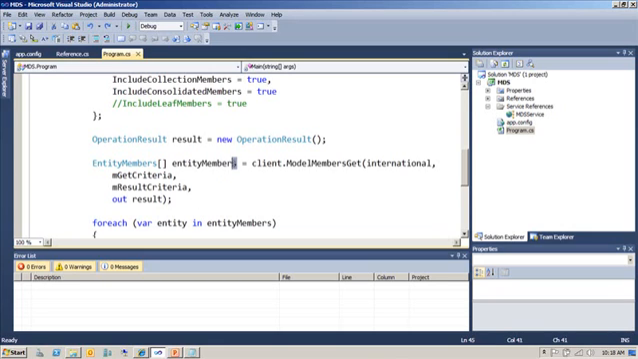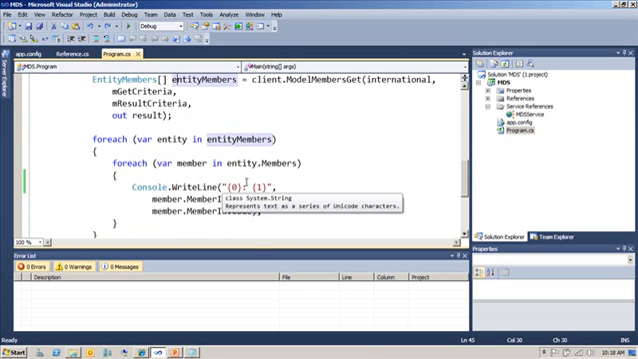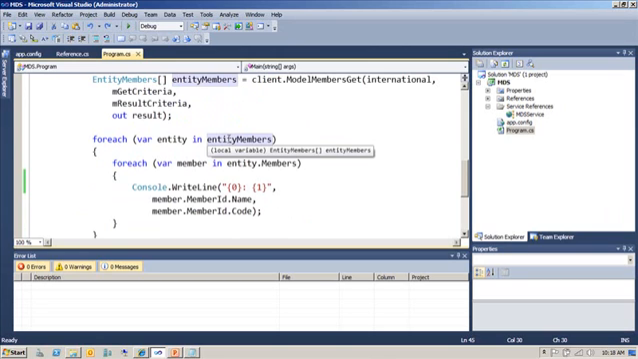Once we have that, we're going to get an array of entity members, and I can use that and loop through and say that for every entity member, I want to pull out the entity, and then for each entity member, I want to pull out each individual member. And then I want to print out member ID.name and code. So that's going to give us the name and the code of each consolidated member. So if we go ahead and run this,